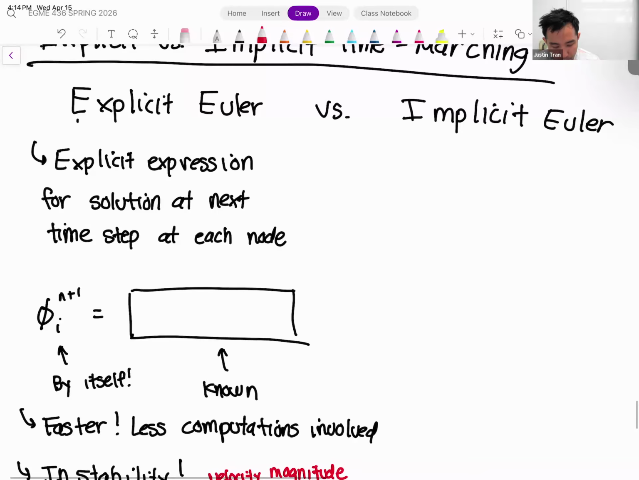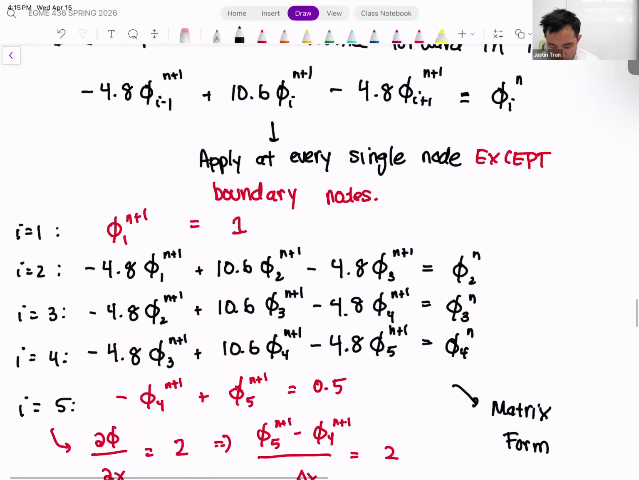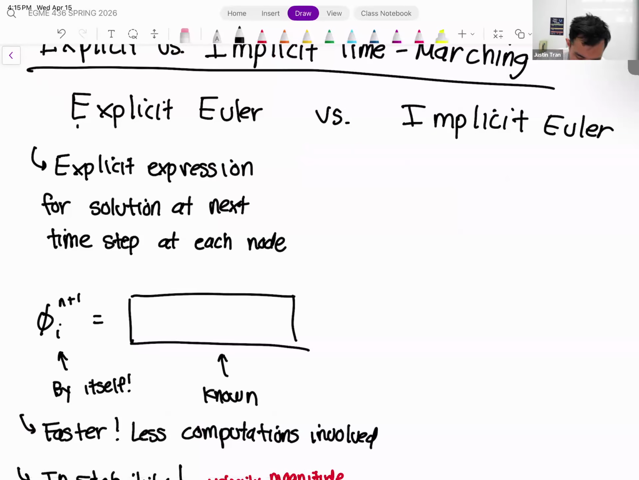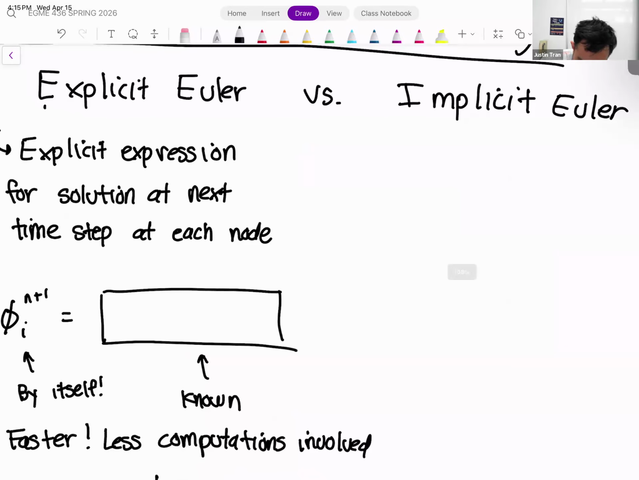By contrast, implicit schemes fix a lot of the issues with explicit schemes, at a cost, of course, right? So the big benefit of using implicit schemes is that,